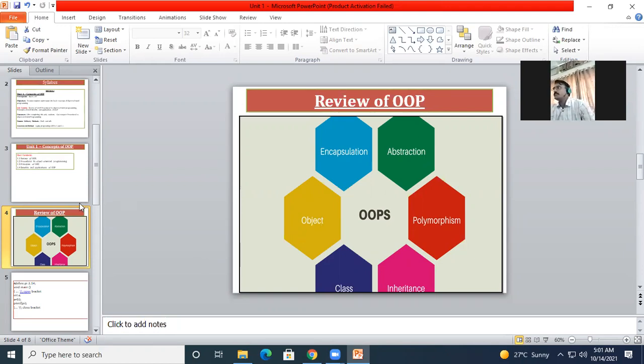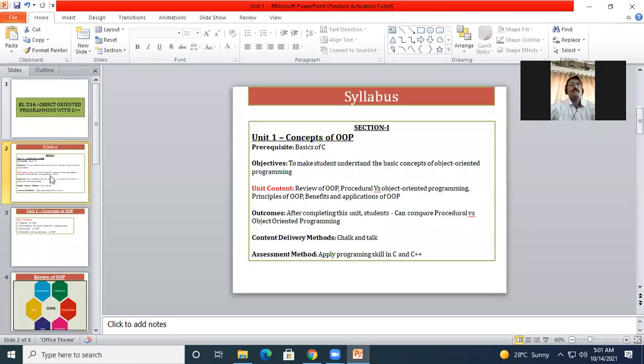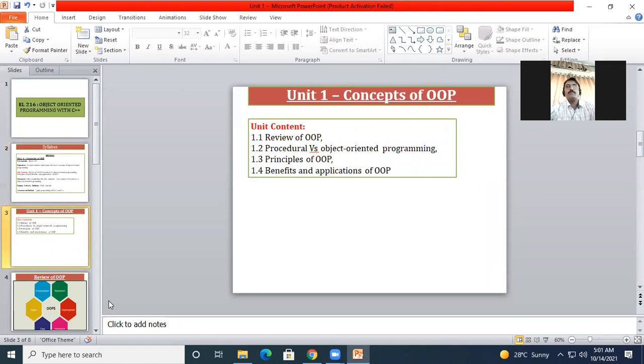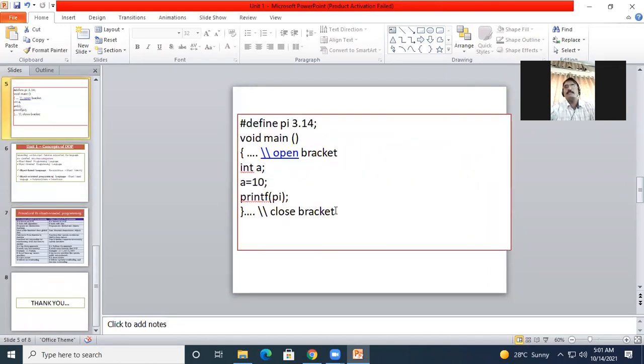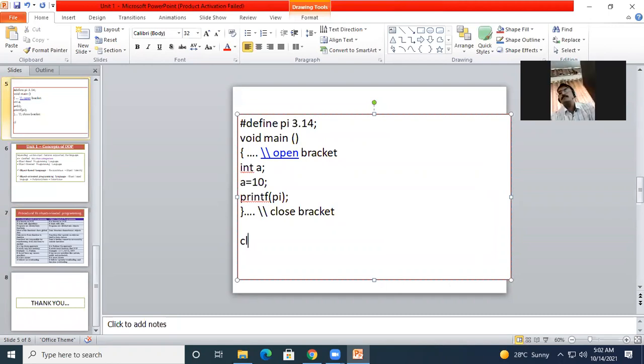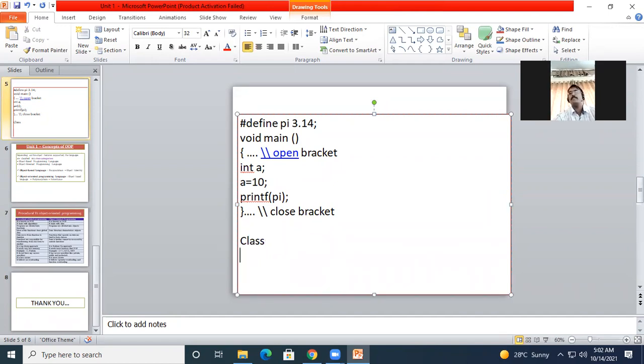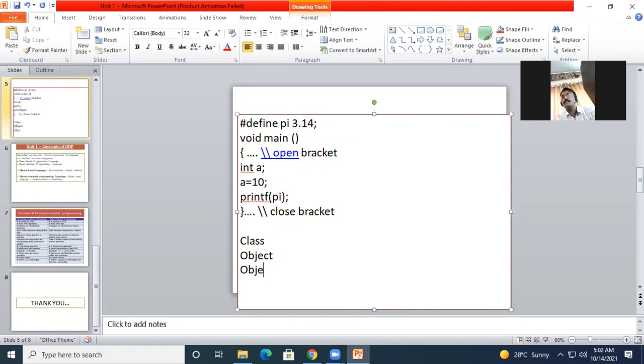So I think you might be noting down here the terminologies. Okay, I will provide you the notes, but at least you should mark in your notebook. We have gone through the definition of class, then we have gone through the definition of object. We have one more, object identity. Okay, object identity.